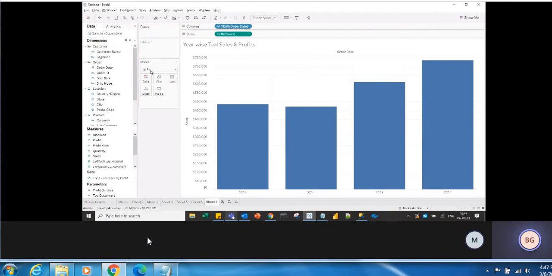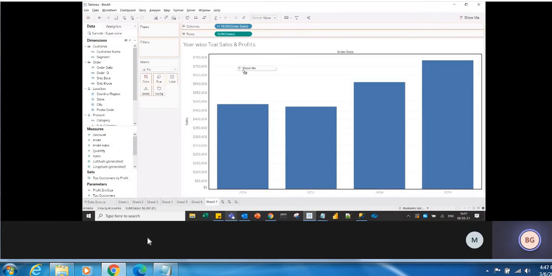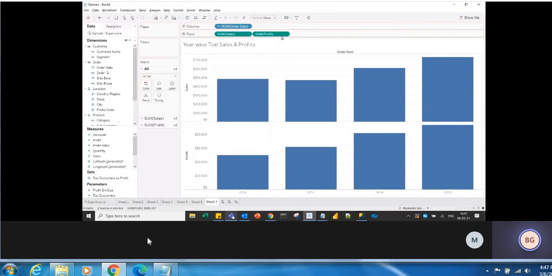Now I have no extra mark cards and only one axis, sales. But when I drag the second measure, profit, into the visualization, I have a sales mark card and a profit mark card separately, and a sales axis and a profit axis separately, because this is individual axis.